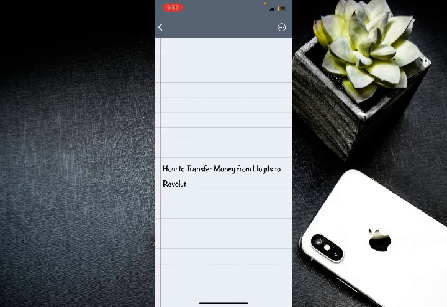In this video, I'm going to walk you through an easy step-by-step guide on how to transfer money from Lloyds to Revolut. Make sure you watch the video to the very end so you don't make a mistake,